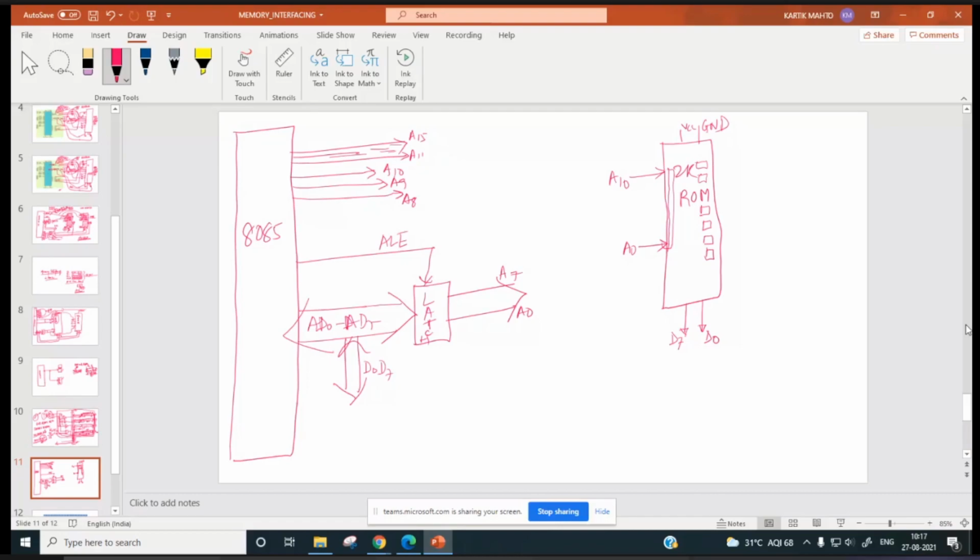Clock is not needed over here. Sir, enable pin. Enable. Chip enable or something else? CE bar, yes sir, chip enable. CE bar. Okay. Any other pin we are missing?